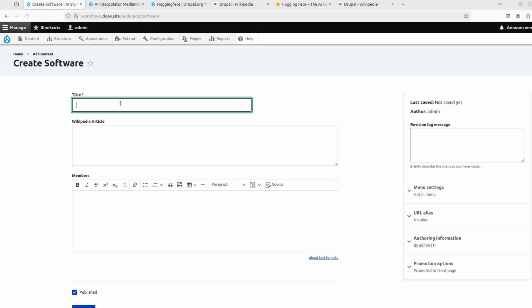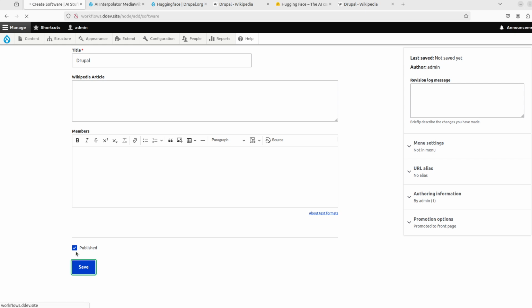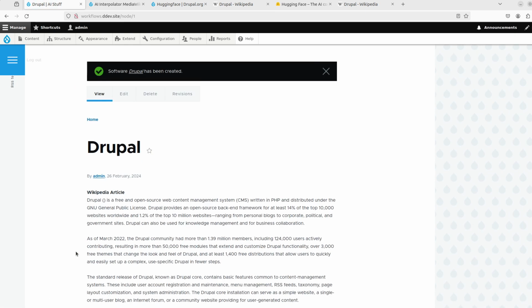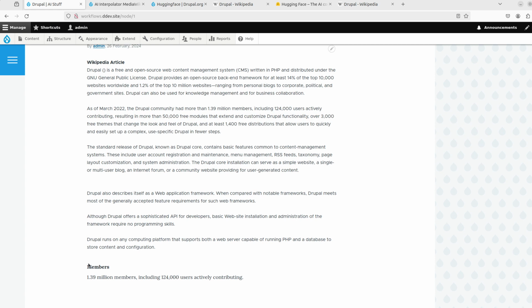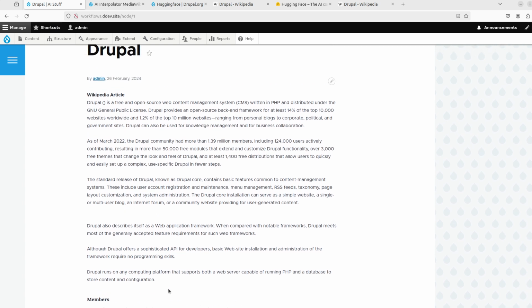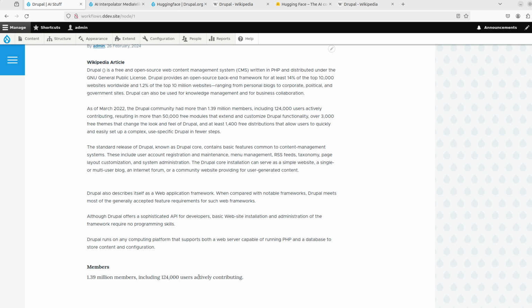save this, and then we're just gonna add this software then, and we're just gonna write Drupal here, save it, and hopefully you see it fills in the Wikipedia article and members, 1.39 million members, including 124,000 users actively contributing. And this is taken from this context, which means now that it's answering truthfully. So this is cool from many points of view, because it's answering truthfully. It's using a model that's free,